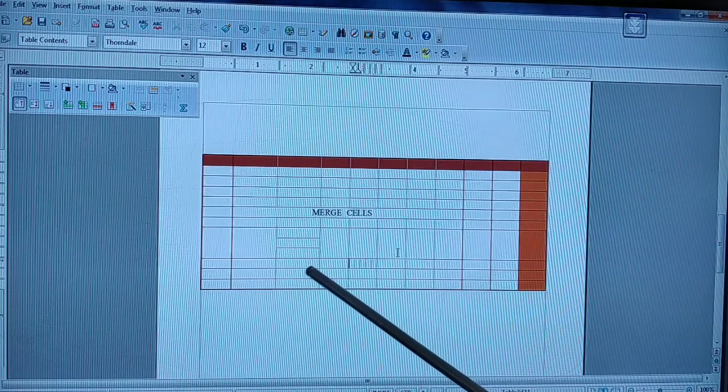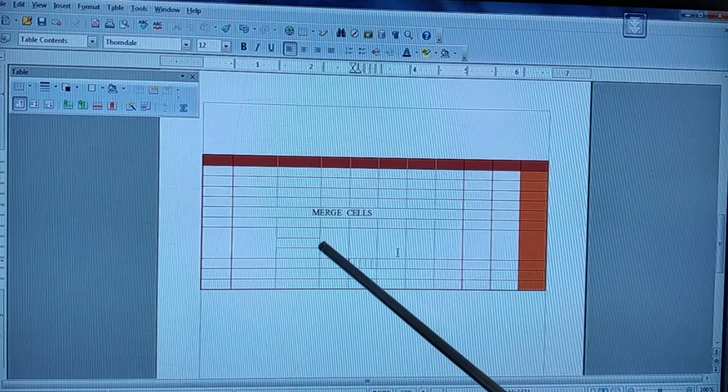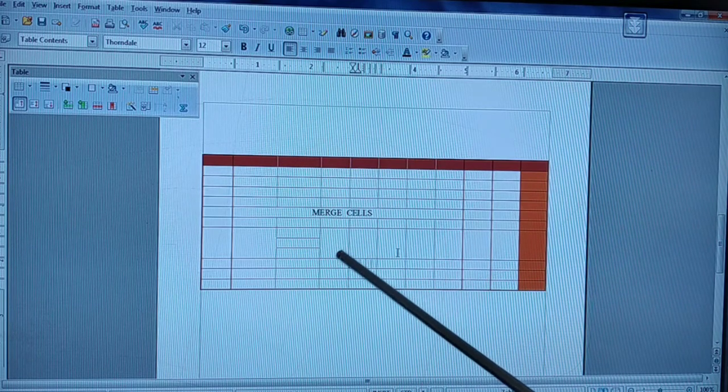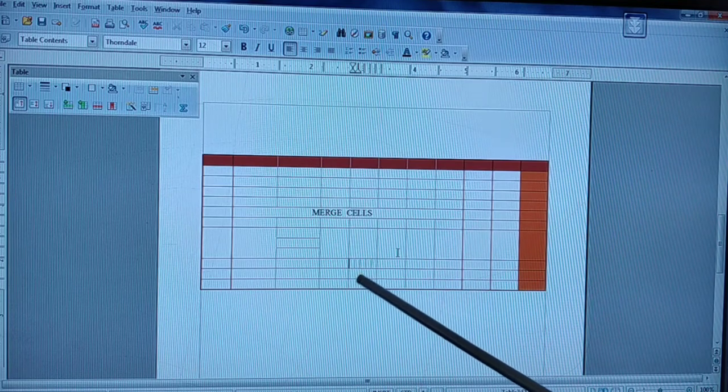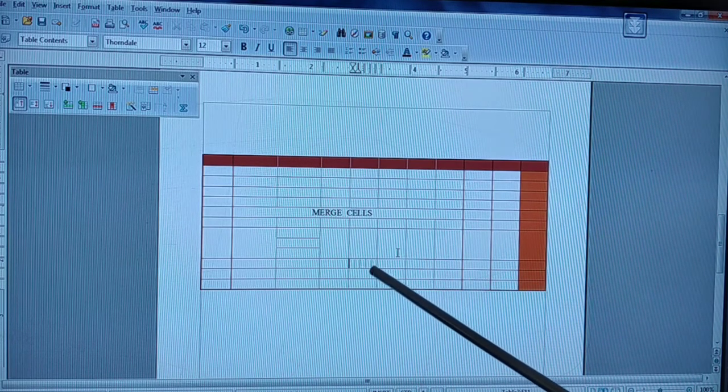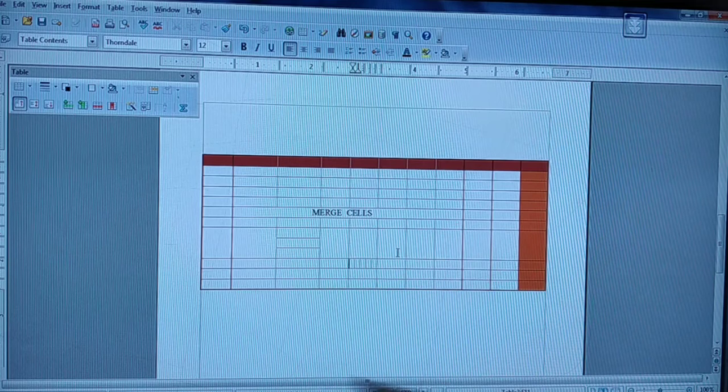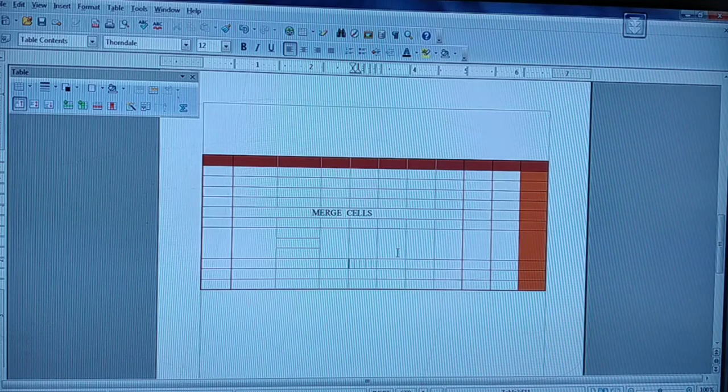Because of the horizontal split, it needs enough space, no? Based upon that the cell has expanded, that is enlarged. But in this case it is vertical for you, so no need to expand, so it is as it is. So clear with the procedure how to split the cells. Yes, how to merge the cells. So clear with this one.